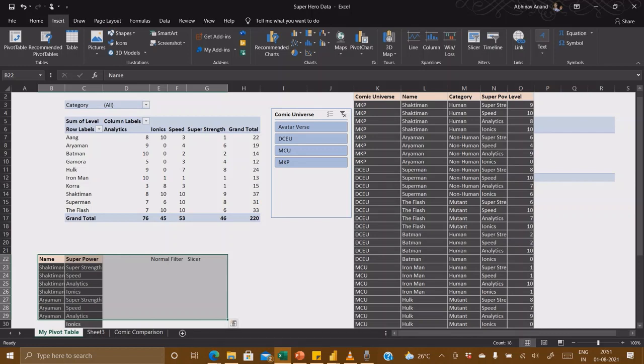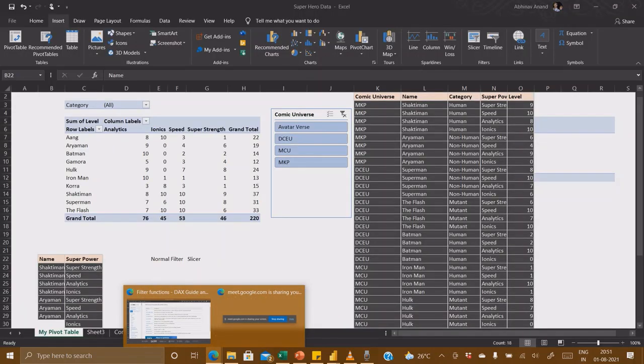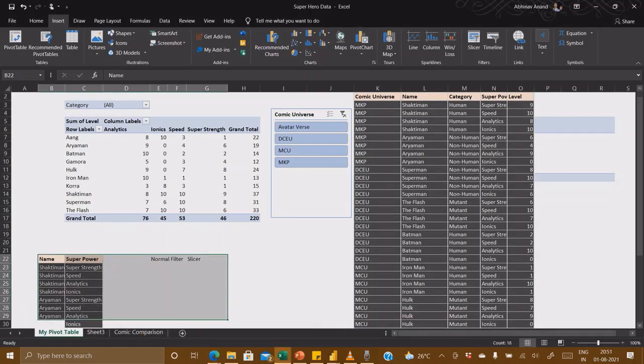So basically even if any of these is getting applied, it will come into a filter context. So whenever anyone asks, what is a filter context and how to understand it, whenever you hear this word, it means each of the filters present in our visual or Power BI or anything.